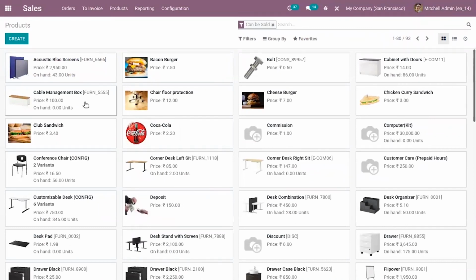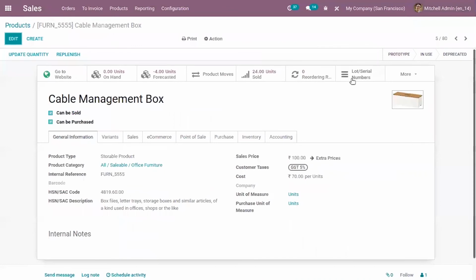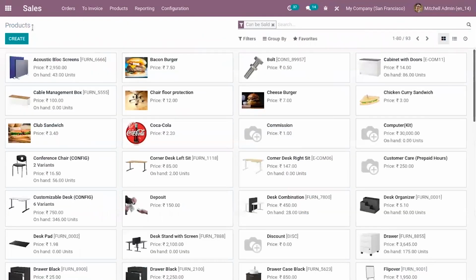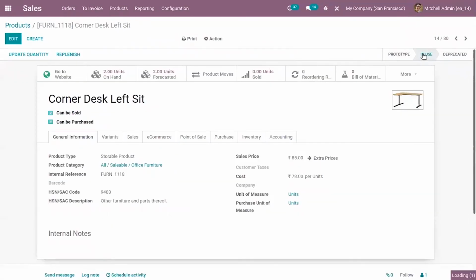Here we have our cable management box. So I'm setting it as in use. For this product, I'm setting it as in use.